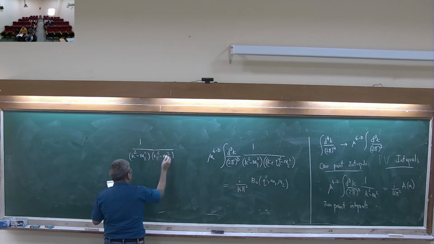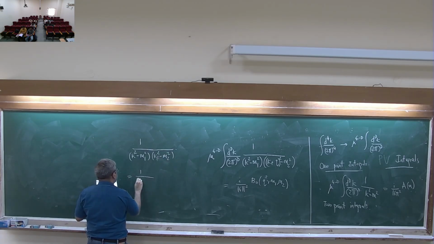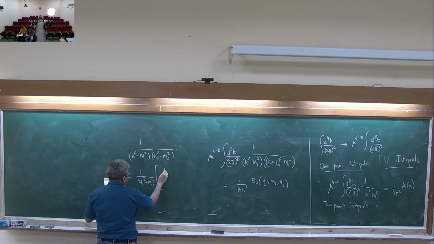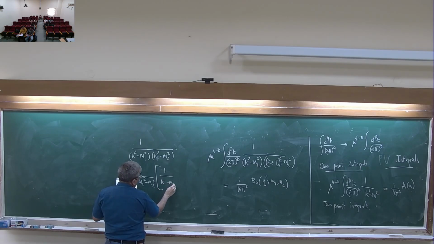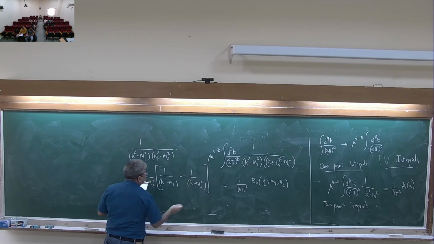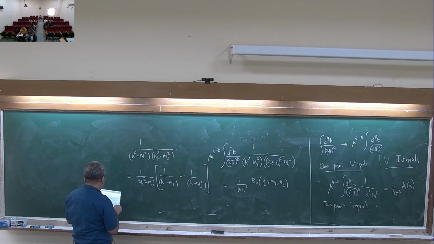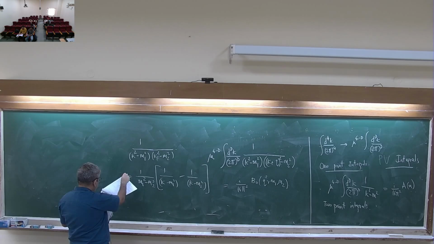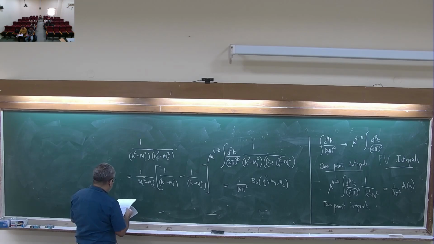If you have the same momenta, this will be just 1 over m1 square minus m2 square times 1 by (k square minus m1 square) minus 1 by (k square minus m2 square). Okay, so in that sense you end up having B0, B1, B2 and so on, which you can derive essentially,